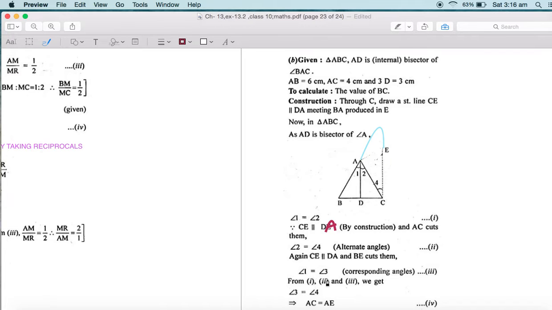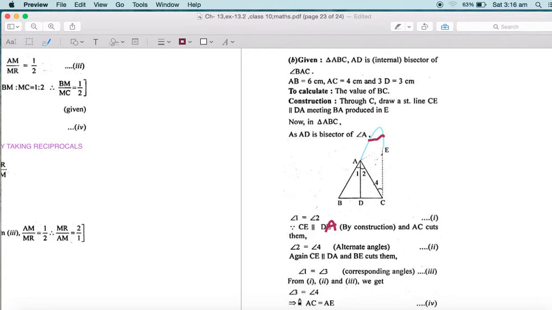Yes. Now angle 1 equals angle 3. What is the reasoning for that? Let me label this as angle 3. Now 1 is equal to angle 3 because these are a pair of corresponding angles with parallel lines. Now see, 1 is equal to 2, 2 is equal to 4, that means 1 is equal to 4, and again I am saying 1 is equal to 3.